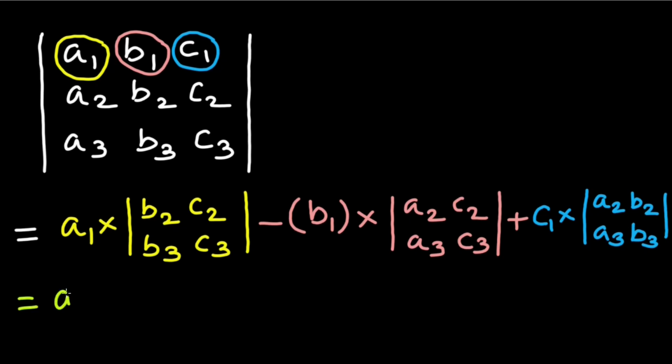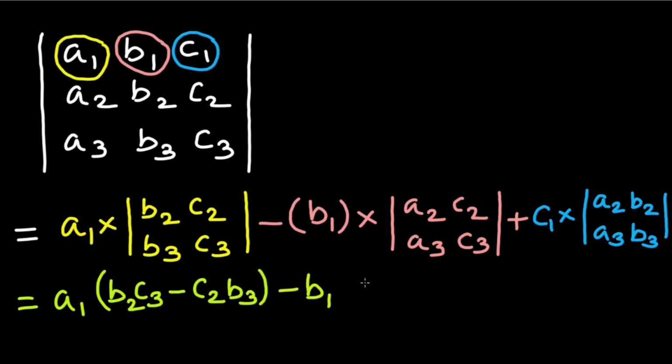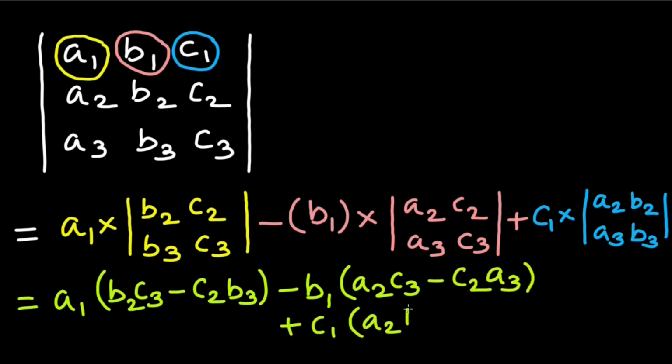That gives us A1 into bracket B2 C3 minus C2 B3 minus B1 into A2 C3 minus C2 A3 plus C1 into A2 B3 minus B2 A3. After evaluating this, we get the value of this determinant. Let us evaluate a 3 by 3 determinant 2 minus 1 minus 3, 4 1 0, 5 2 1 equals